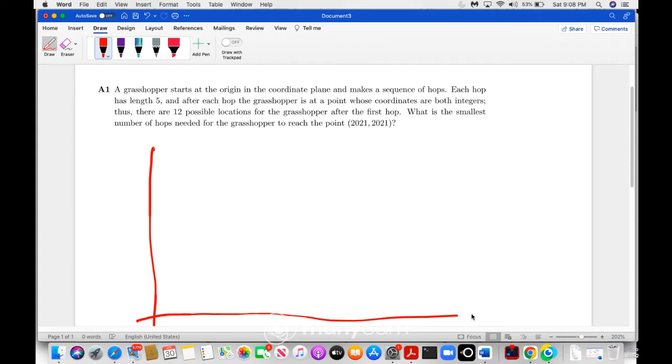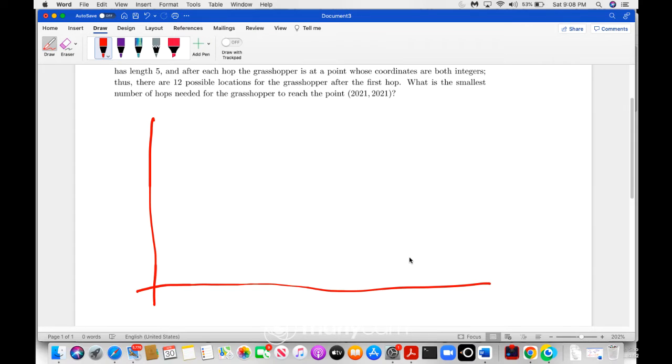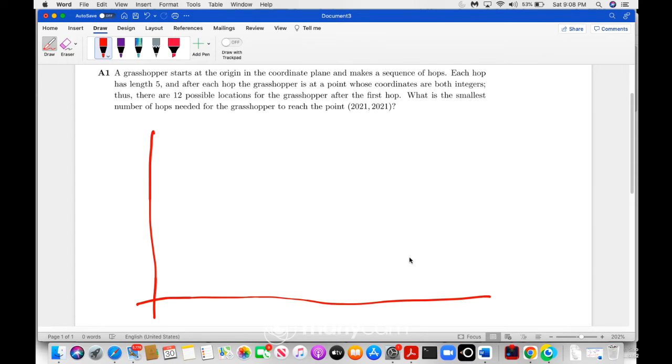So this is a standard coordinate plane. And the idea here is the grasshopper is starting at some origin, which we'll call 0, 0. And every hop that it makes has to have two conditions. So number 1, the length of said hop must equal 5. And the second condition is that the location, so that x comma y, after each hop